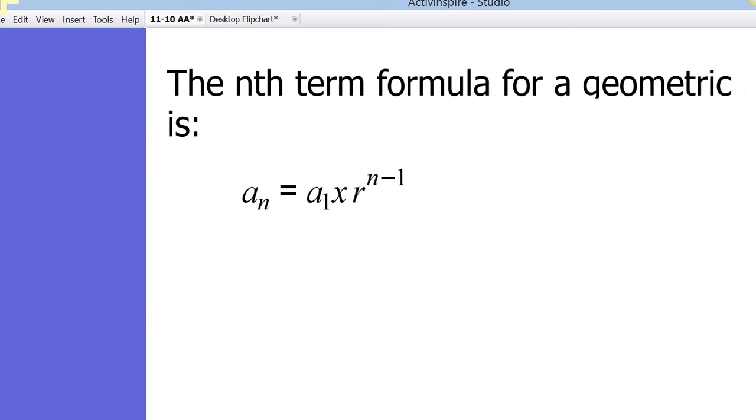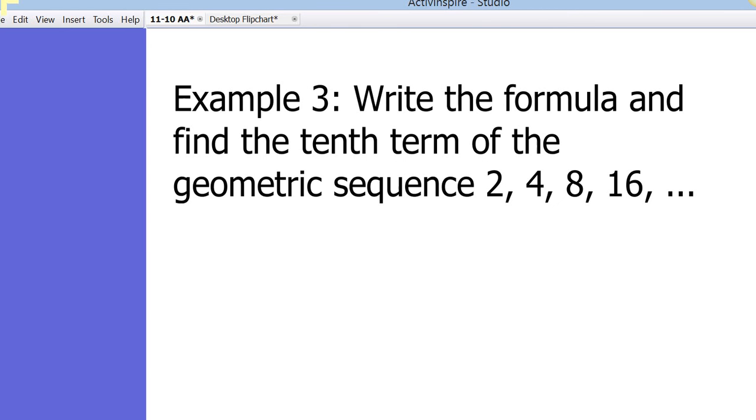First term. What does r stand for? Common ratio, and this is an exponent. Now, the one thing you're gonna mess up on is your exponent, well, actually, don't worry about it, because you're always gonna minus 1. You'll be fine. That's actually in parentheses, but you don't have to put the parentheses, because you're always gonna minus 1 first anyway. Alright, so write the formula and find the 10th term of the geometric sequence 2, 4, 8,